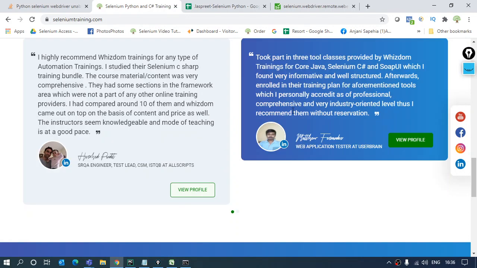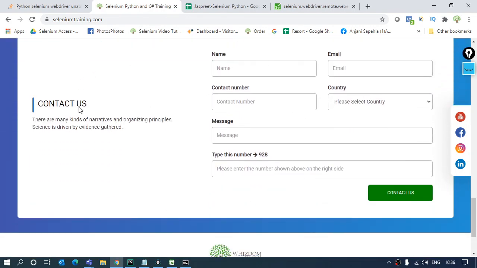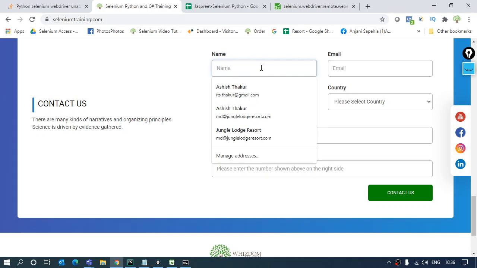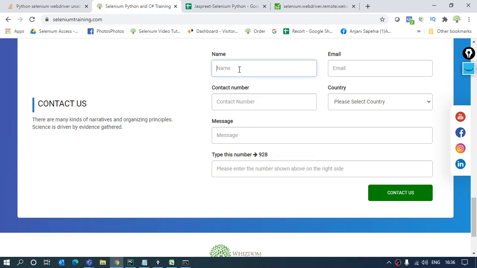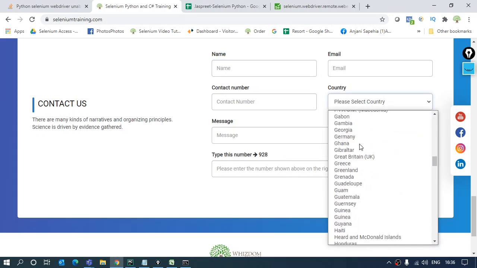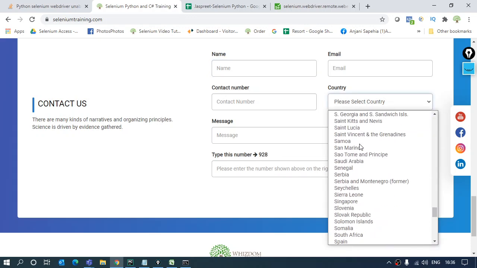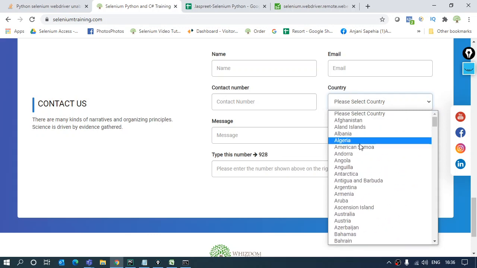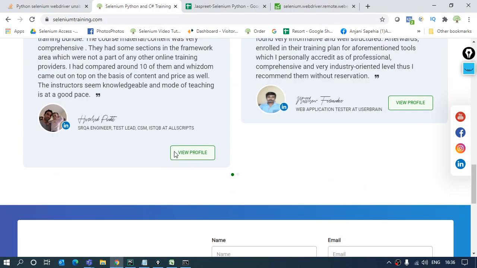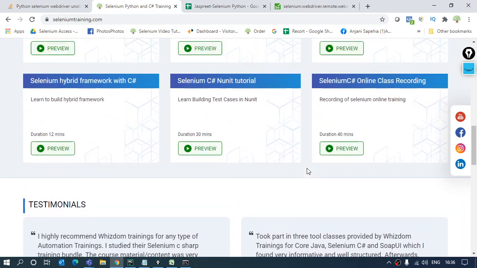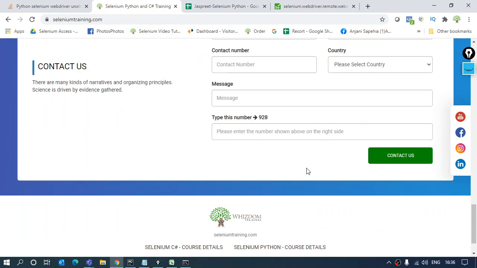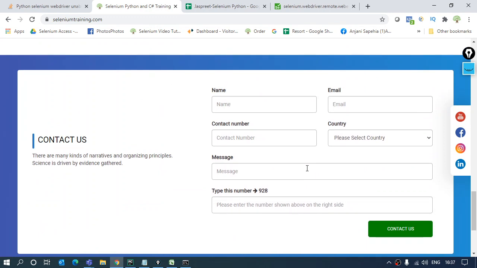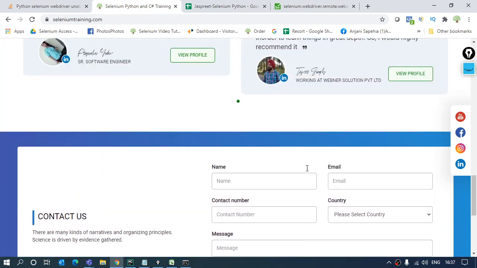Then I have again the text over here, and below, if I scroll down more, I get my text boxes in which I have the space to be given. Now these do not have pre-default text inside, there is nothing inside, they just are displayed in the back. Then I have a drop down out of which I can select which country I am sending the query from. So these are some of the elements that are available on this page. Few elements are not here, like the radio button and the check boxes, but I'll show you them also, how they actually look like.